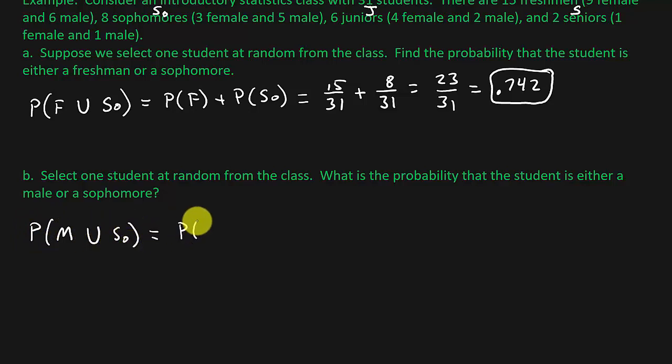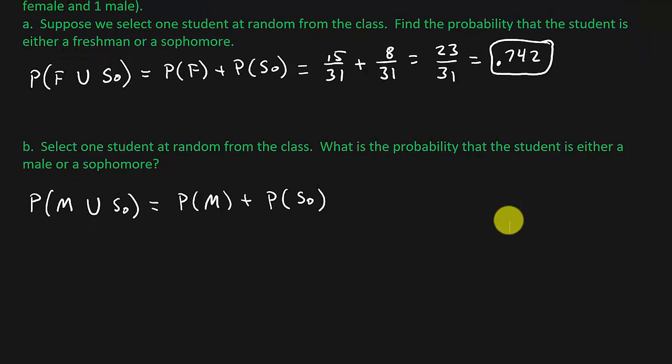So that's the probability male plus the probability a sophomore. Okay, so let's talk about this for just a second. All right, so let's do this. Probability a male. Okay, so